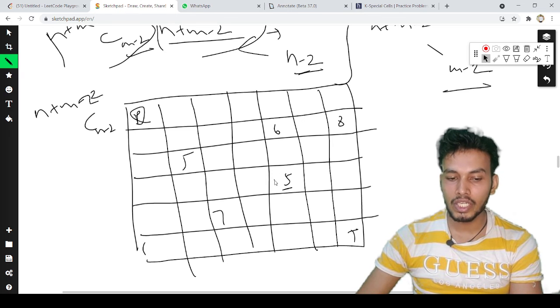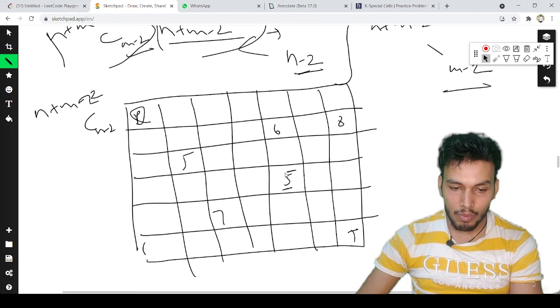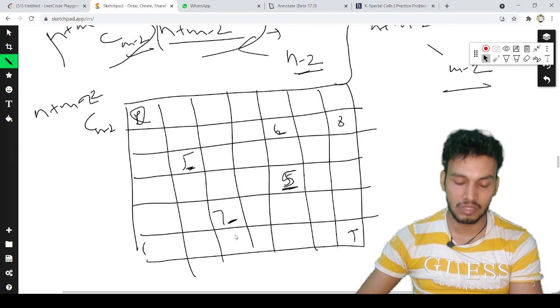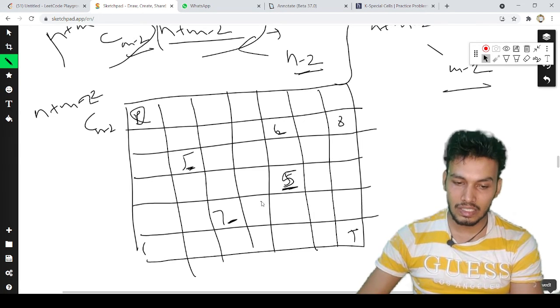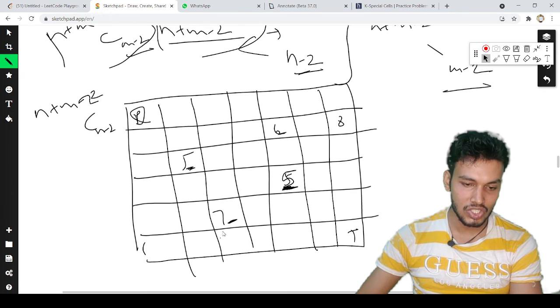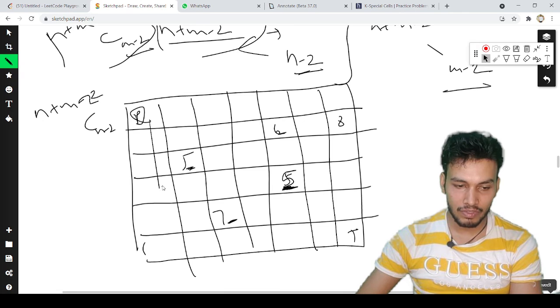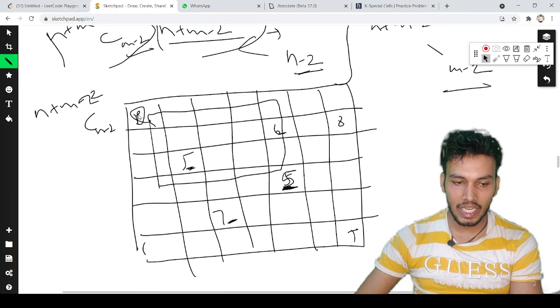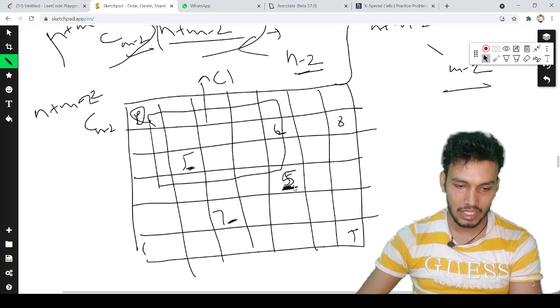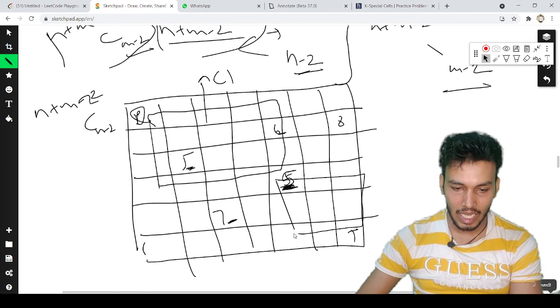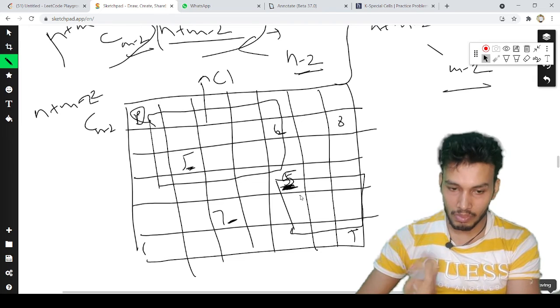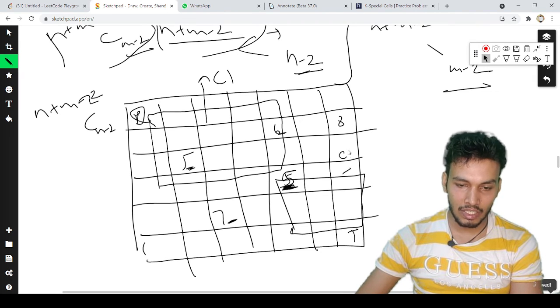So basically what we need to do is find how many times the player crosses this particular k cell, similarly this particular k cell, and so on. Let us assume we have only one kth cell. So what we can do is find in how many ways the player can reach from this place to this place, and let's say the number of ways comes out to be c1. Then we can find from this kth cell to the final target how many combinations are possible, and let's say it comes out to be c2.